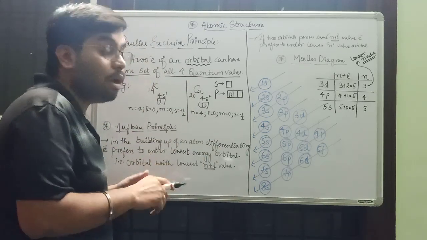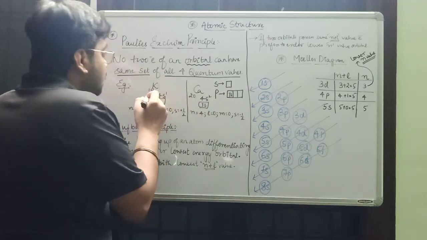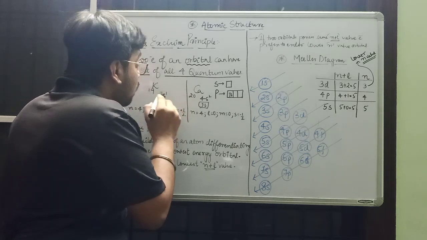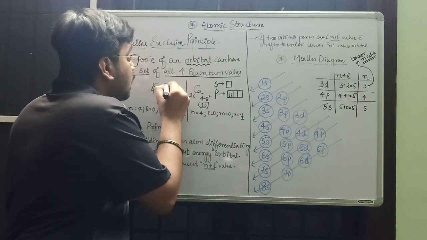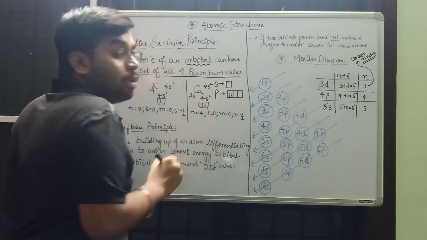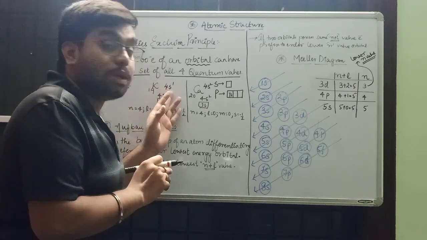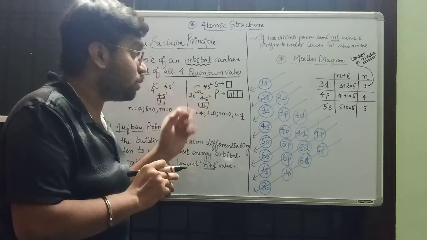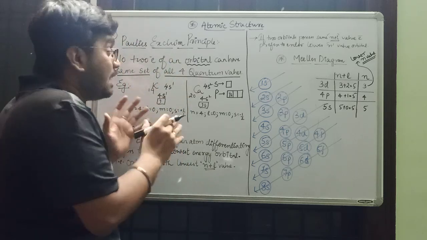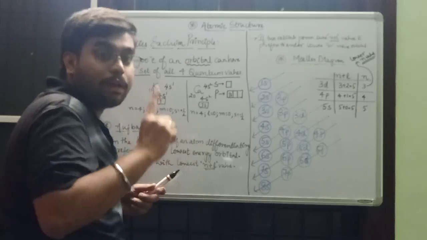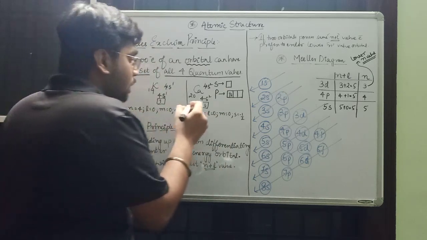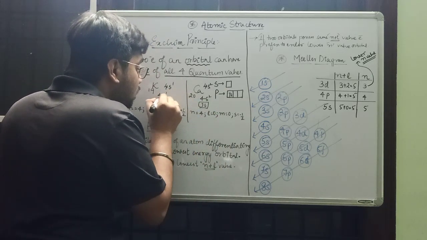Pauli's principle says no 2 electrons of an orbital, meaning those 2 electrons must belong to the same orbital. What is the same orbital? See this example. This is 4s. Potassium has an electronic configuration of 4s1, and calcium shows 4s2. What is the main implication of the rule? The principle says no 2 electrons of an orbital, of a single orbital. Yes, this is a single orbital, that is the 4s orbital.